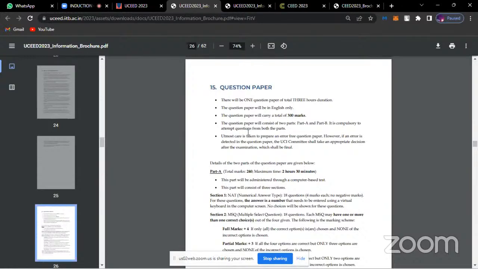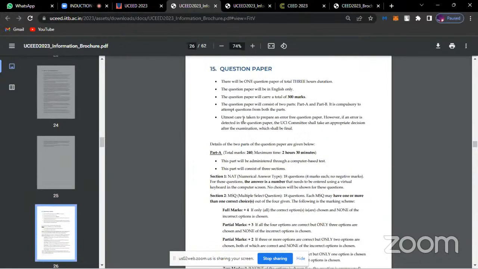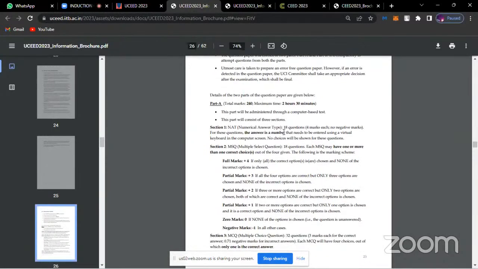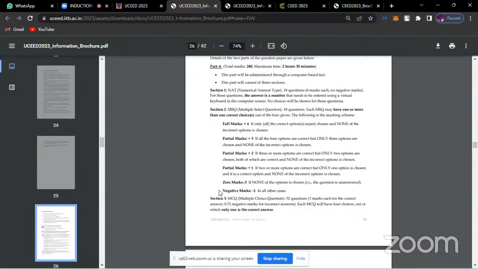They've also told you what kinds of questions will be asked in this exam. There will be numerical answer questions where you will not get any options to choose from. And then there will be multiple select questions where you might have more than one correct answer in any one question. There is also negative marking in multiple choice questions and multiple select questions.